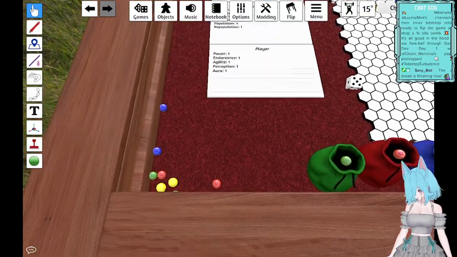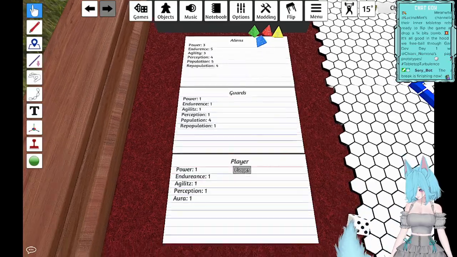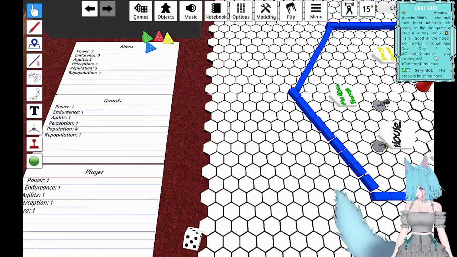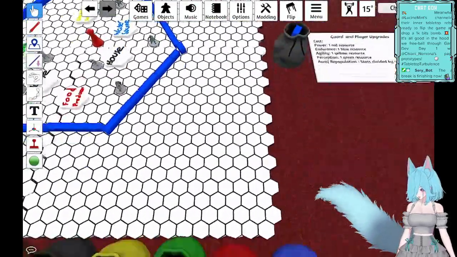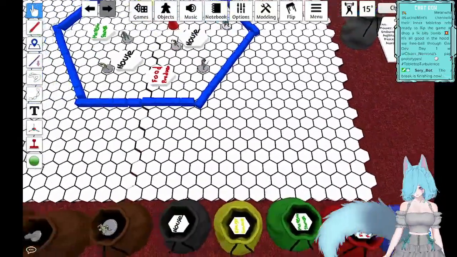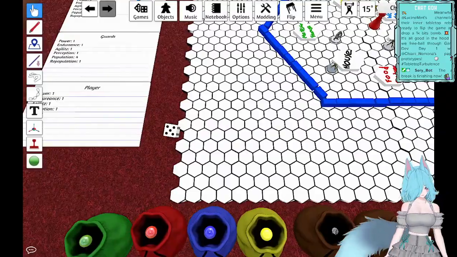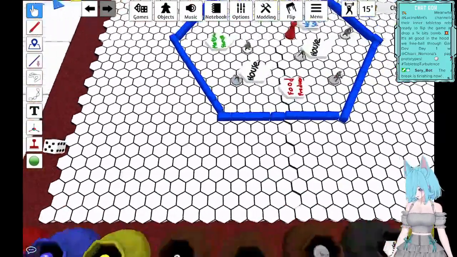So now we have to think about it. We can give ourselves stats, but we also have to invest into the guards and into the town. For now, I'm not gonna invest into the town. I also don't have the costs on the game. I have them though. So let's think about that. Also, let's just